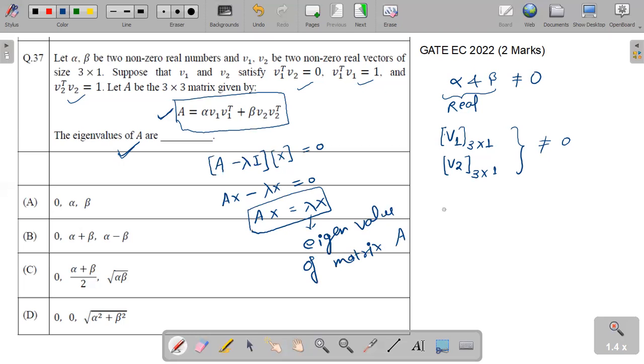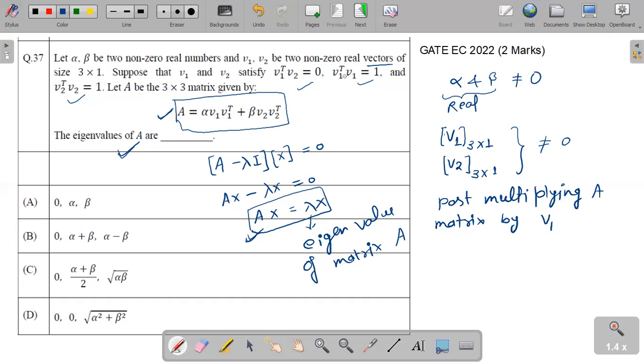Right? So how do we do that? Let us post-multiply the matrix A with the vector b1, right? Because we know that this is Ax, so we are doing it in this form. We are trying to make this form where b1 is nothing but the eigenvector. So we are multiplying A into b1.